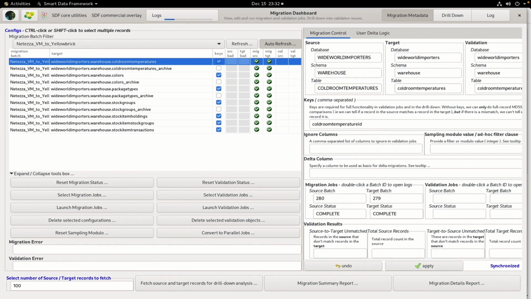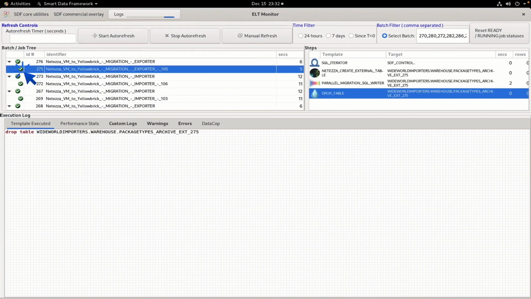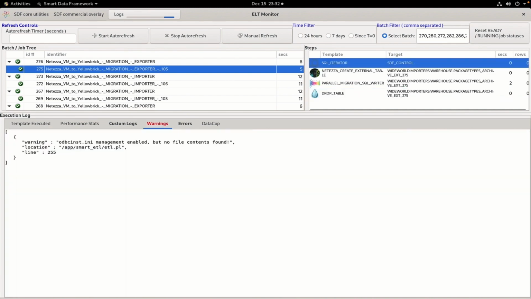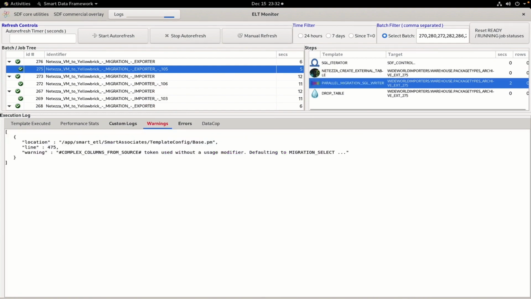When all jobs are complete, this window pops up. If we click on the job itself, it will show you the list of steps in the right-hand window. Each step of the job is logged, and if there are any warnings or errors, they'll appear here. It's easy to see exactly why they were caused so that they can be rectified where necessary.